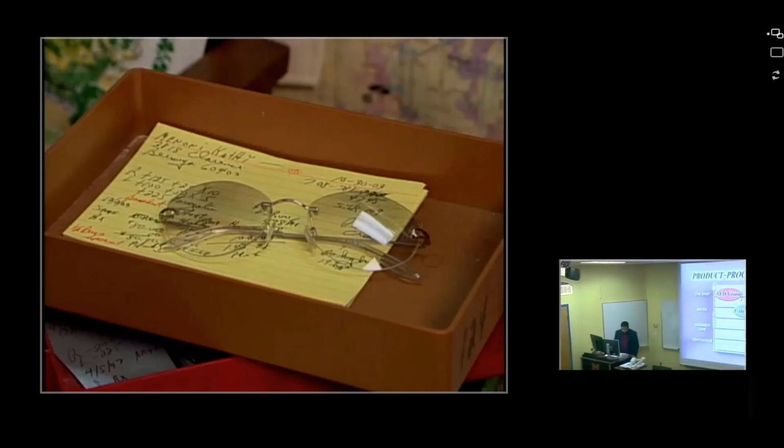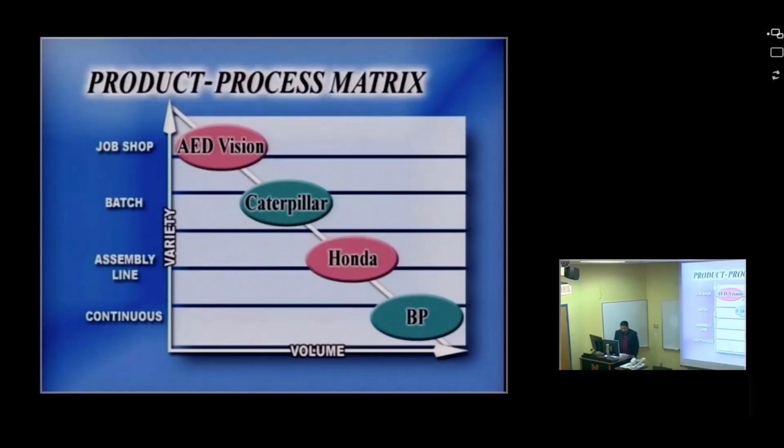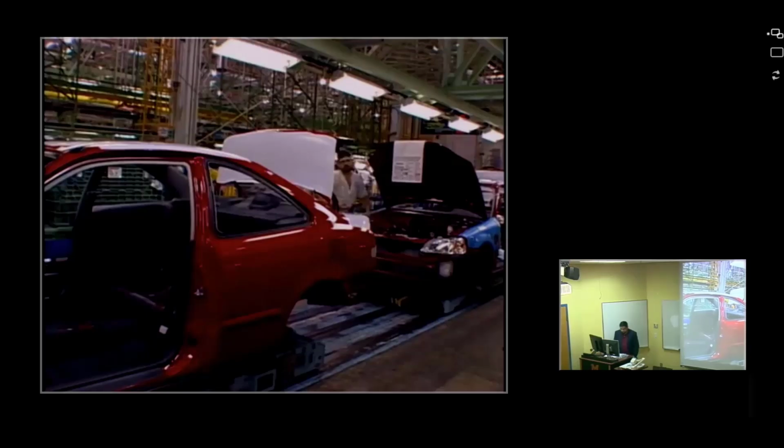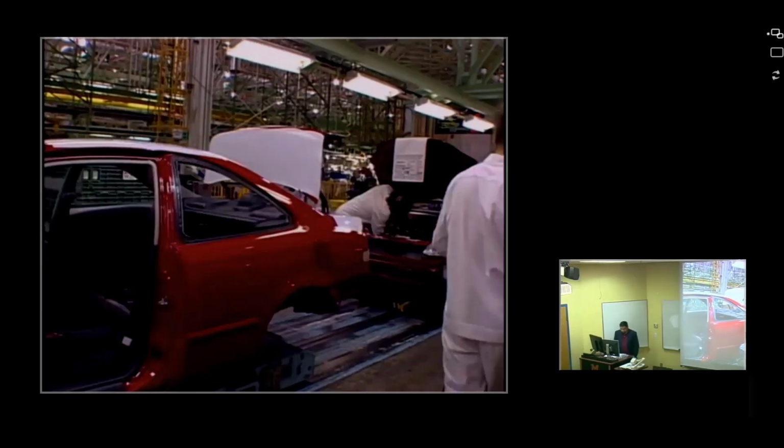Highly skilled workers using general-purpose tools to produce a small volume of very specialized products is typical of the job shop production processes. The product process matrix illustrates the general rules of manufacturing or production processes. Finding and using the appropriate process is necessary to ensure quality and keep costs low enough to match the market demand and volume. It is unusual, however, that a product will fit so neatly into one process or another, and